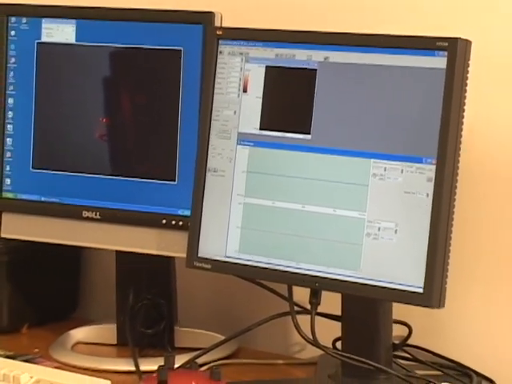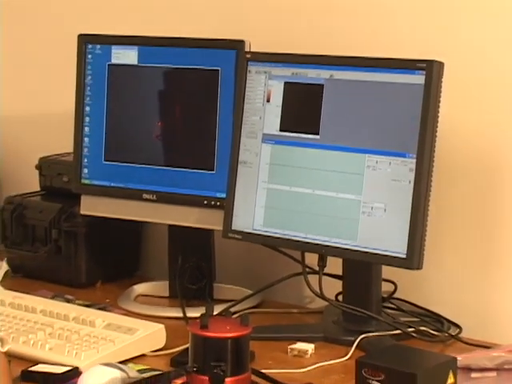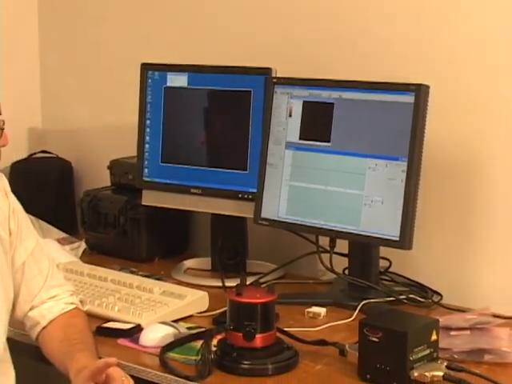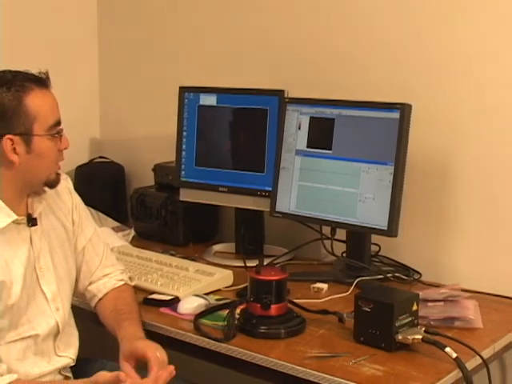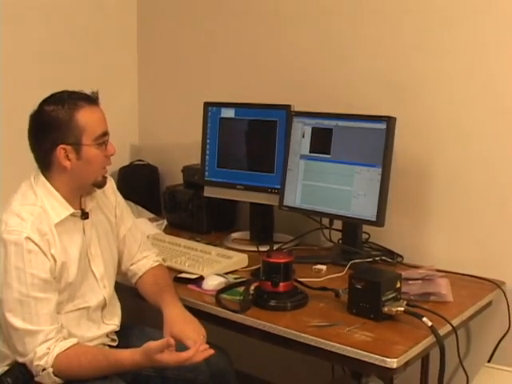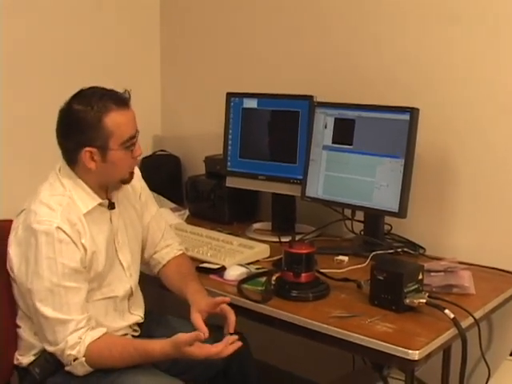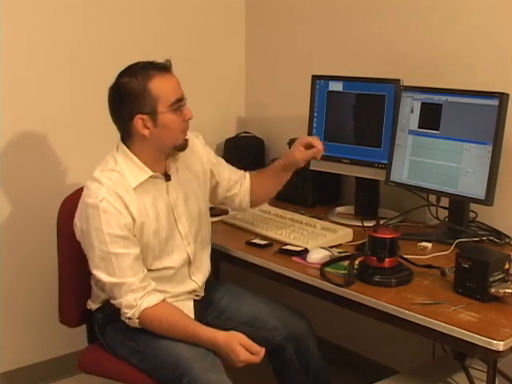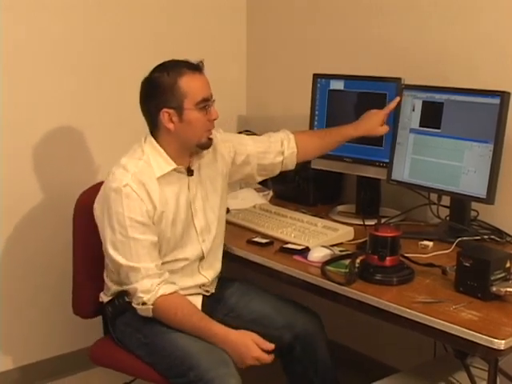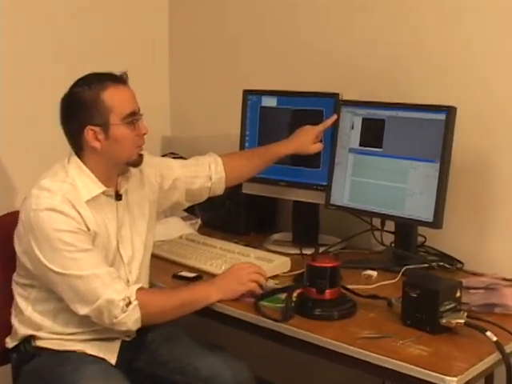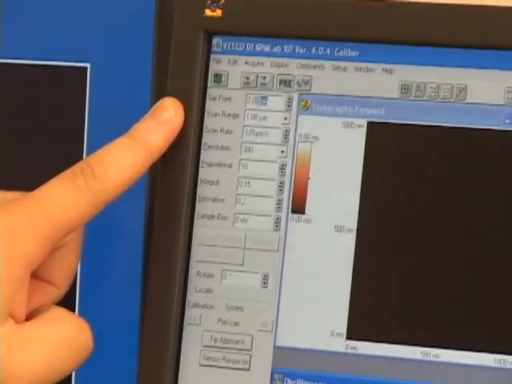So now we have placed the laser on the probe, reflected the laser off of the probe onto the photodetector, and aligned the photodetector to where the laser is right in the middle. Now we're ready to engage. But before we can engage, we have to set up a set point. To do so, we'll go to the set point menu here, highlight it,